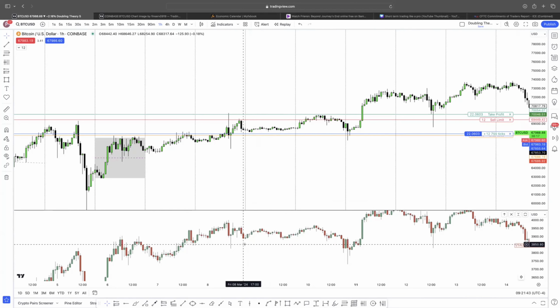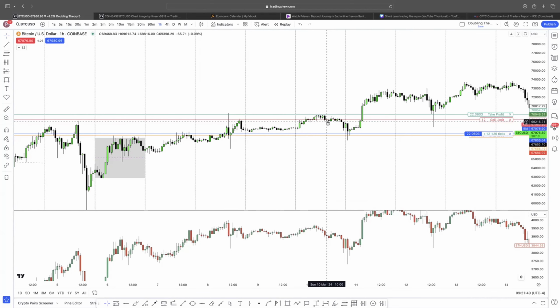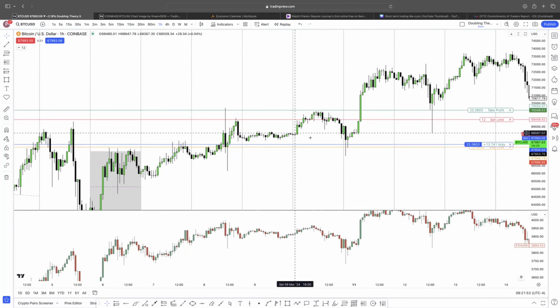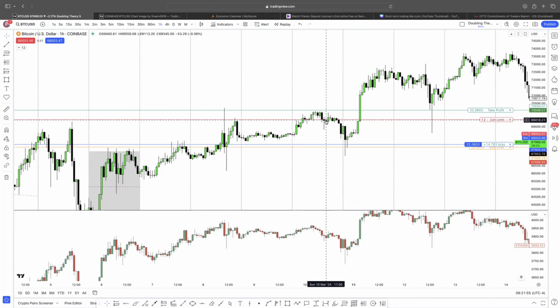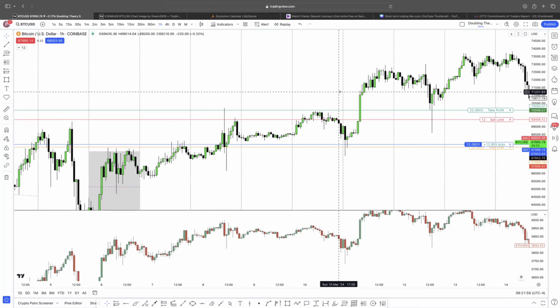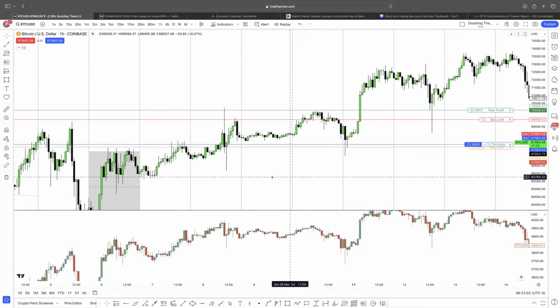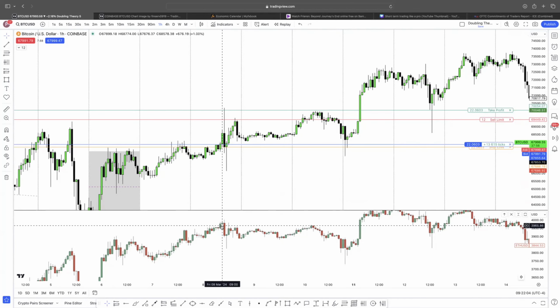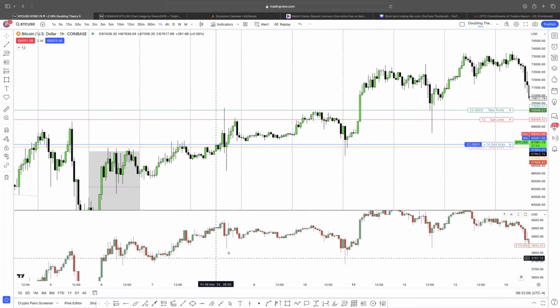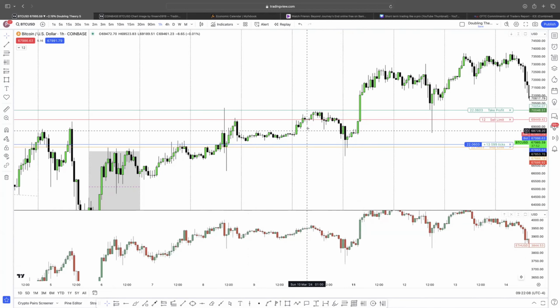This, right? This, does it count? Of course it can count. You can take a long over here and you can get stopped out. That's no issue. I mean, you are going to face maybe a loss or two. So in this case, if you take a buy right there, it's going to be a loss. That's okay, right? Because then when price starts to drop even further and drops like this,